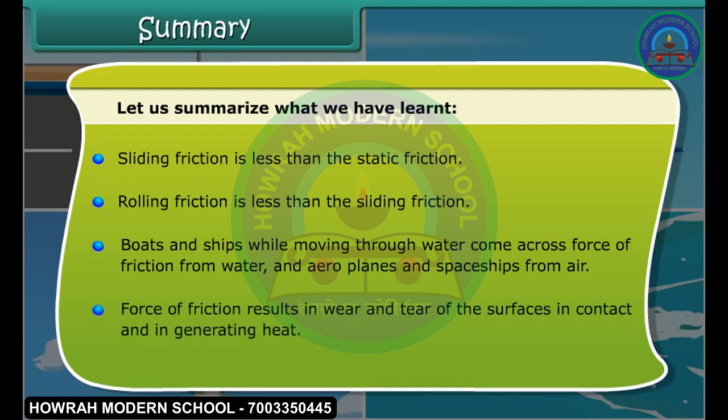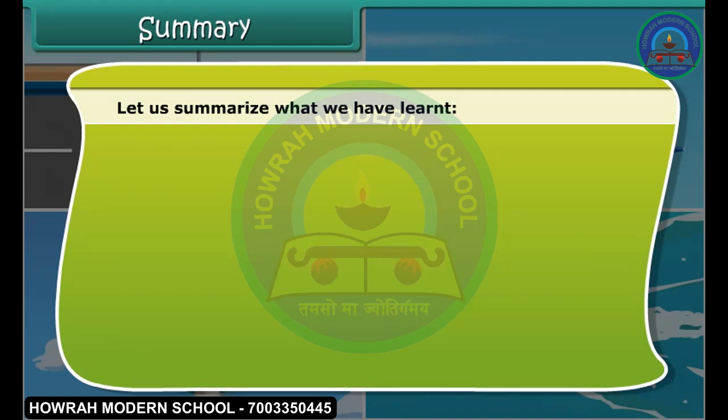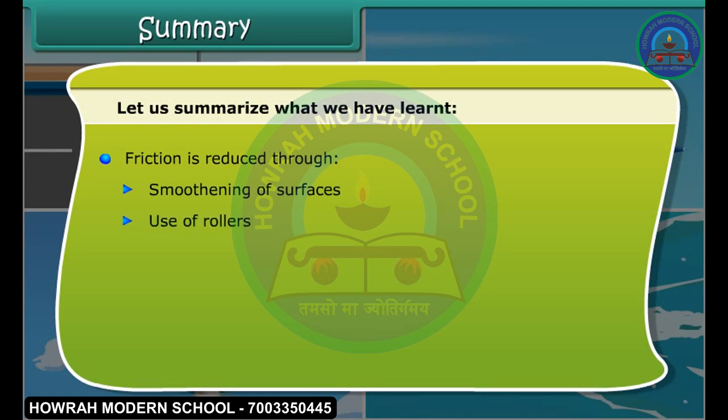Force of friction results in wear and tear of the surfaces in contact and in generating heat. Friction is reduced through smoothing of surfaces, use of rollers, ball and cylindrical bearings, lubrication of parts in motion, streamline